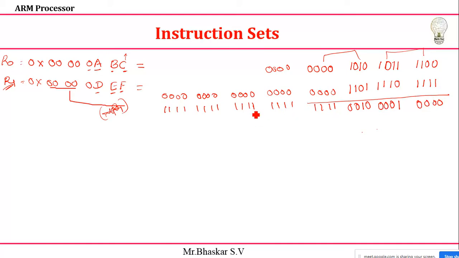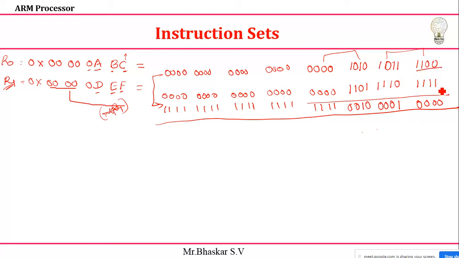Now this value OR with this value. So I need to do the OR operation. Everything is 0 0 here, here also it is 0 0 0 0, and here also 0 0 0 0. Now I want to do these two and get the result of the OR operation. Now you tell me what result you'll get. First this case, double 1 double 0 0 0 0. What is the answer you'll get? Double 1, I'll get the same value only, right? Double 1 double 0, so I'll get the value C only.